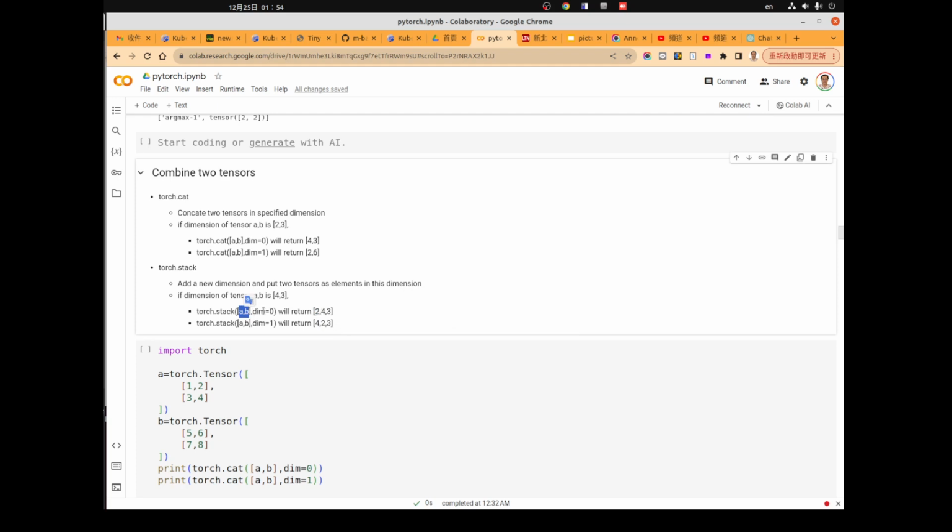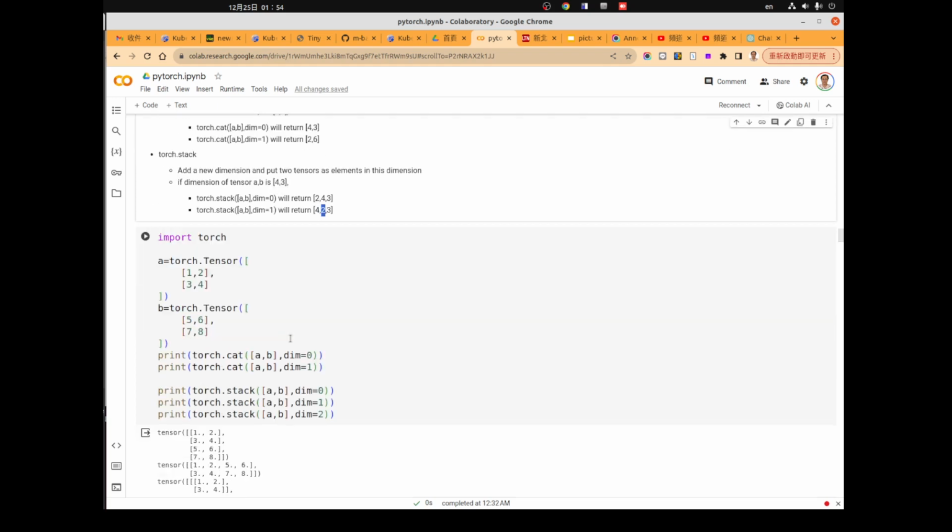So this will be the number of elements. And if we stack them in dimension 1, it will become 4, 2, and 3. So the new dimension will be here. So in this way, we can know how to stack two tensors together so that you will create a new dimension here.